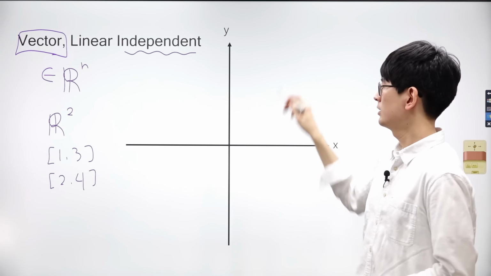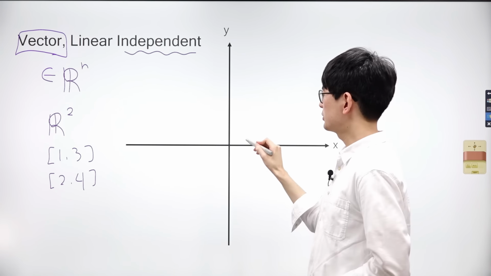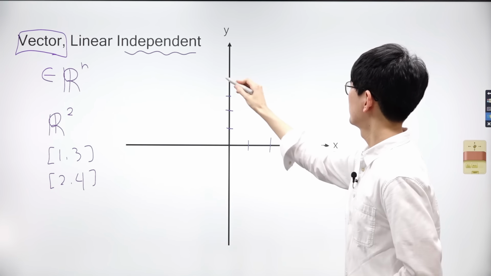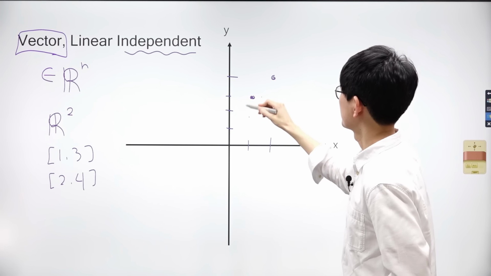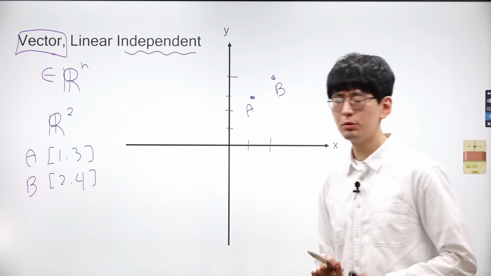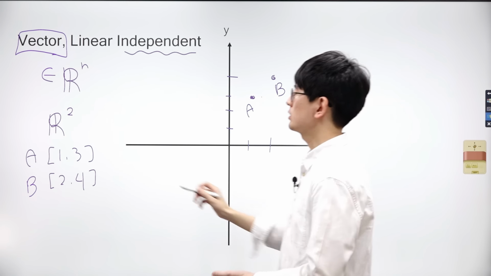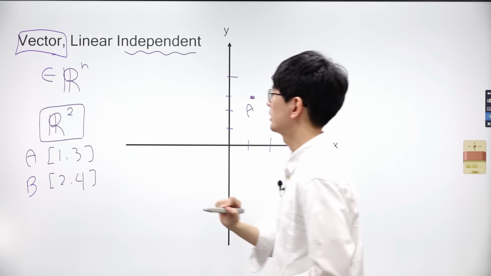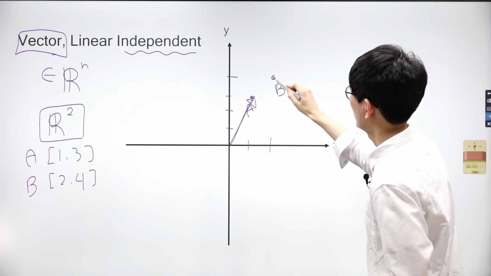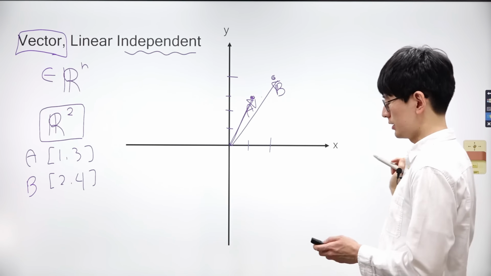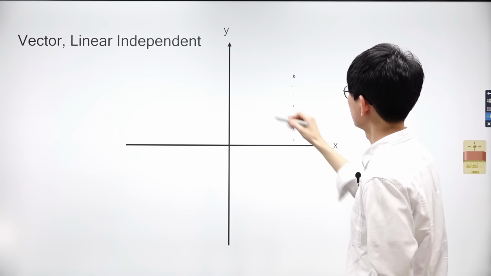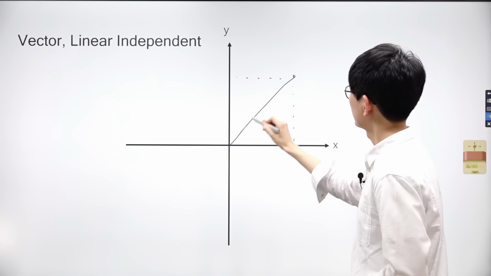On the board, we have a plane with two axes, x and y. We can draw a point 1, 3 and another point 2, 4, which we'll call vector A and vector B respectively. Coordinates provide a simple way to represent vectors on a two-dimensional plane. Now let's delve into vectors on a two-dimensional plane. We can represent vectors with coordinates, but they have directions as well. In other words, vectors can be represented as points, but they can also be represented as arrows pointing to their coordinates.